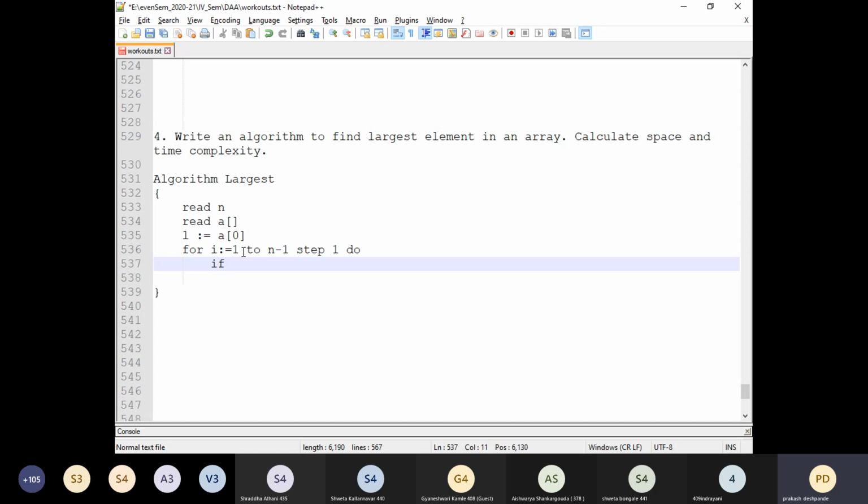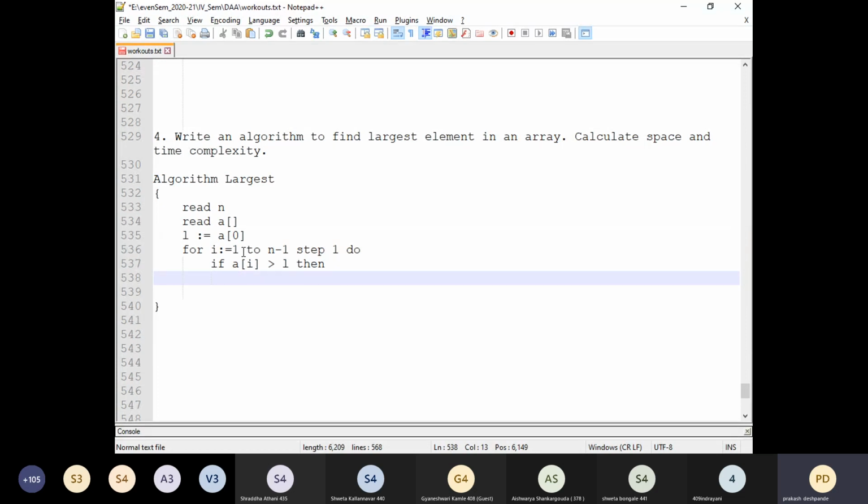We need to check if the element, that is A of I, is greater than the largest element, that is L, then our assumption will be definitely wrong, and then we need to re-update our largest value.